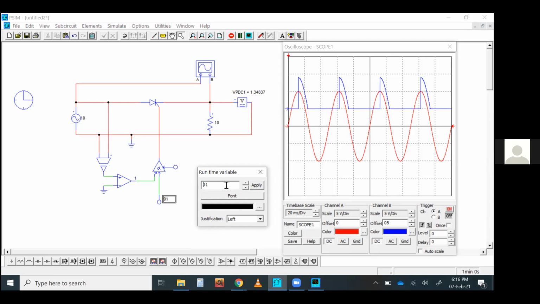If you go beyond 90 degree, let's see what will happen. Output will go zero. Now the converter is giving you zero output. So that's it. That's how you very simply and easily can design this thyristor control rectifier, can control it, and can see the result. How is it showing?